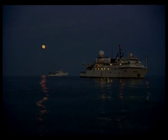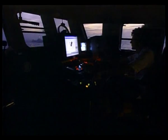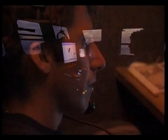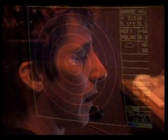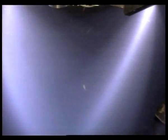Just before dawn, the team is down to a skeleton crew. The bridge is quiet. The Magellan pilots guide the ROV closer and closer to the stern wreckage. Suddenly, out of the darkness,